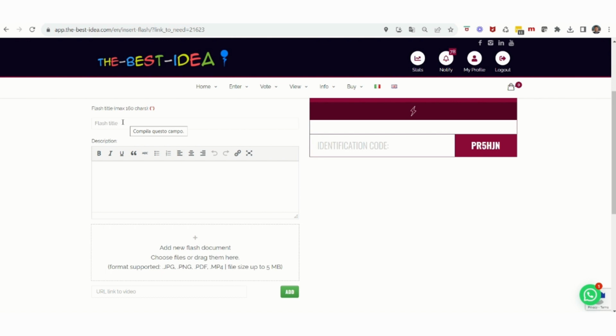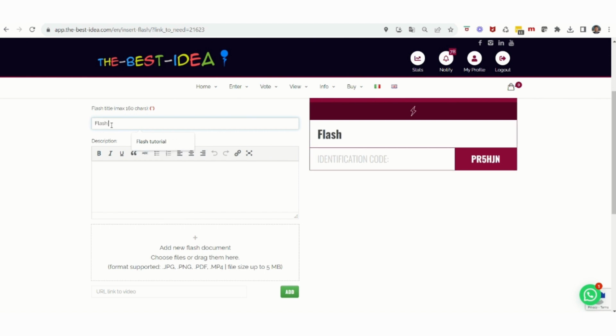So, start by entering the flash title, which is the only mandatory text. In this example, I write Flash Tutorial, which is what will be seen by your audience. While not mandatory, the description field below it is very important for people to understand what your flash is about